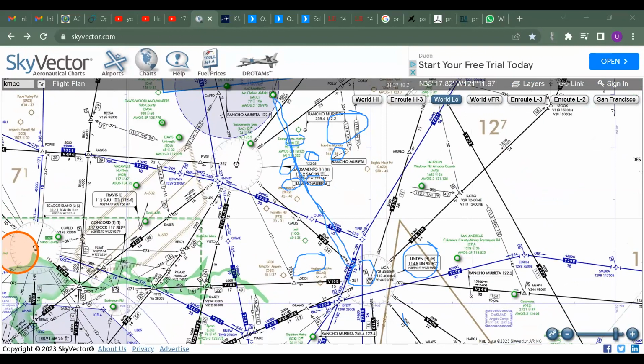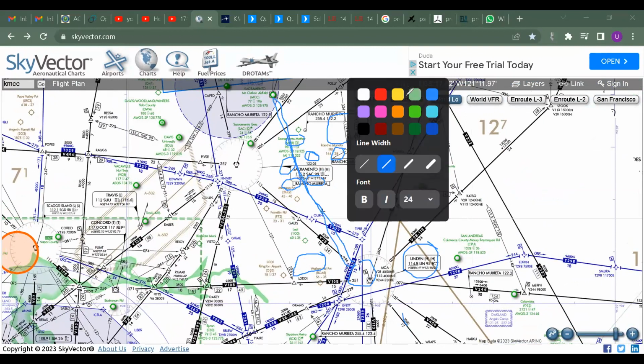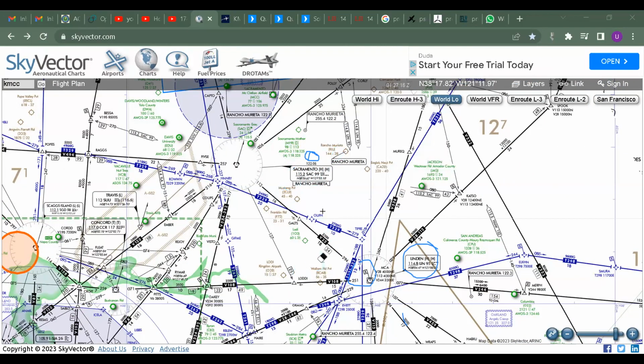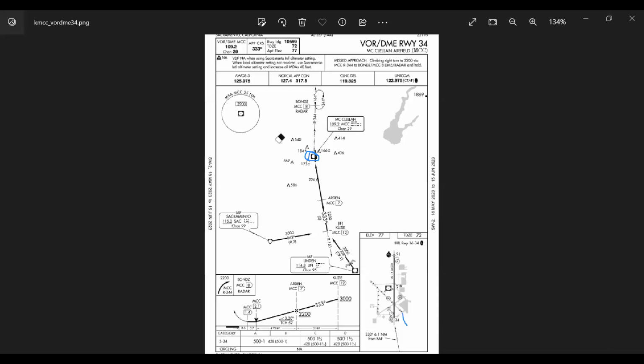So it's saying basically that if you are from Linden VOR, okay, oh, you got arrows too. Cool. So from Linden VOR, if you zoom in on the numbers and see what they're trying to say,